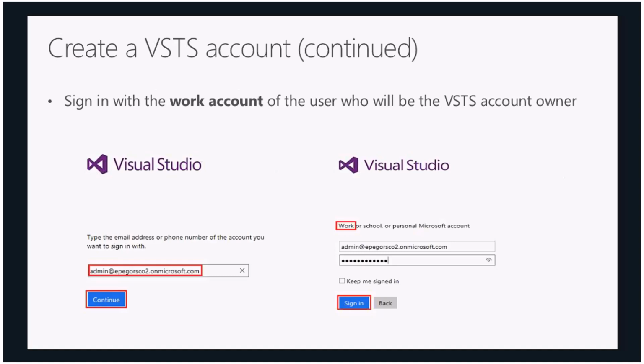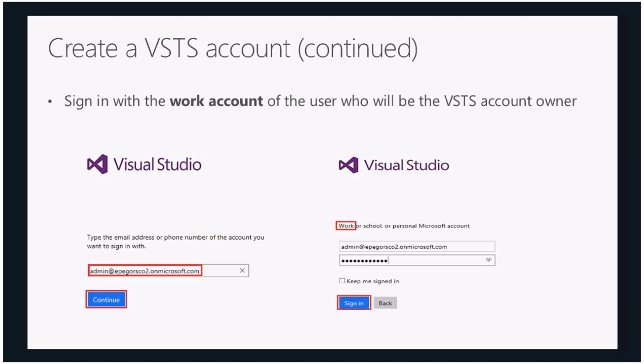Also, you can find this user in the Azure portal by making sure that you're signing in with your work account. And the VSTS owner will be the user who's creating the VSTS account. In this case, that will turn out to be the VSTS account owner. Another recommendation that we make sure to convey to our customers is that it would make sense to make this a generic account rather than your own work account,